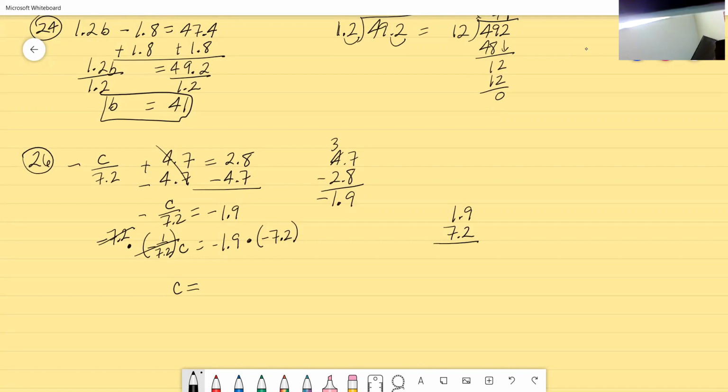And they're both negative, so you know your answer is going to be positive. So you can just leave it that way. And that's 18 minus 3, 8, 6. So 13.68. You have 2 decimal places. And so that is your value for c,